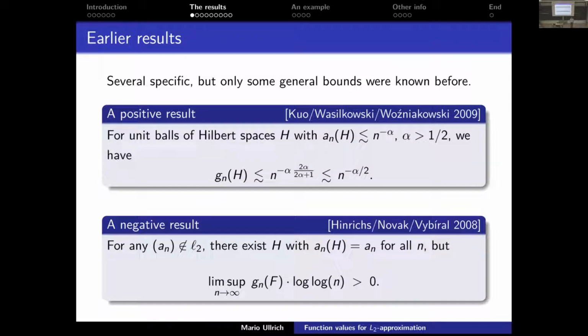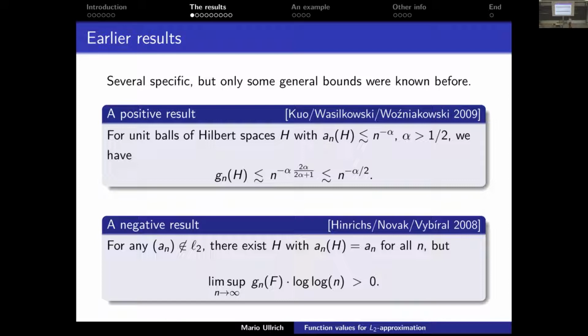That's it. Okay, but as I said, here is also a negative result, and this is basically due to Dima's question, I would say. So if the approximation numbers are not square summable, then there exists a Hilbert space with exactly this a_n decay for the approximation numbers for all n, but the sampling numbers basically do not decay. So they decay slower than, say, 1 over log n, or even so. You can do that for an arbitrary sequence going to infinity here.